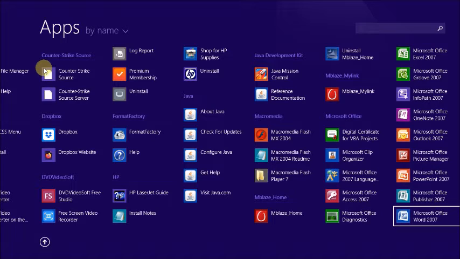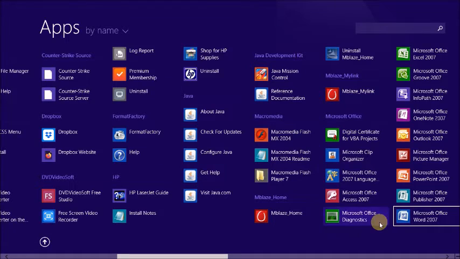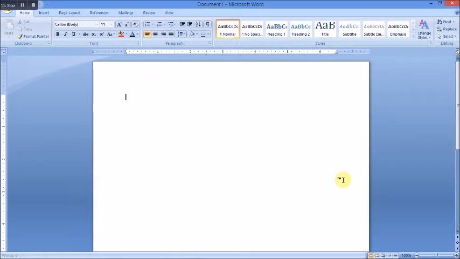So we need to double click here, and a new window will open where we can create our document.